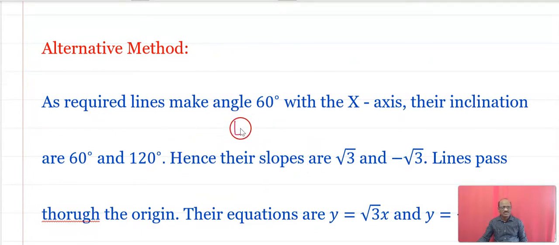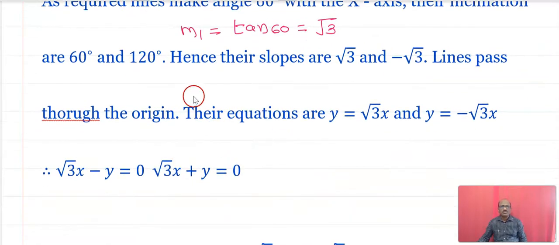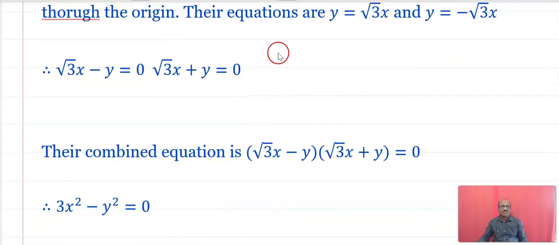Tan 60. We find that m1 is equal to tan of 60 degrees, and what is tan 60? Tan 60 is root 3. But what is the value of m2? Now see this here, m2 is equal to